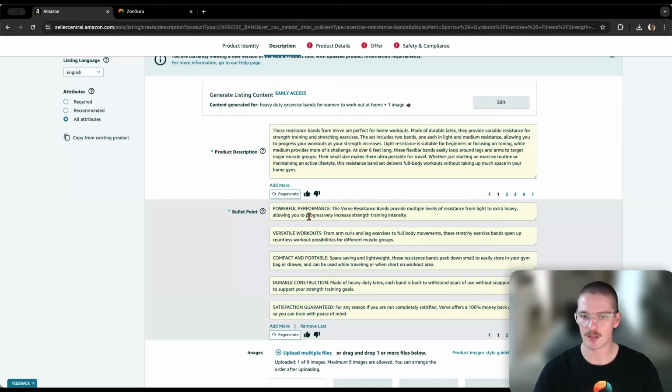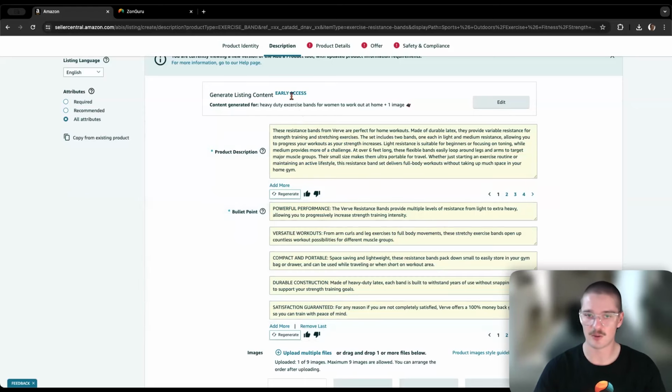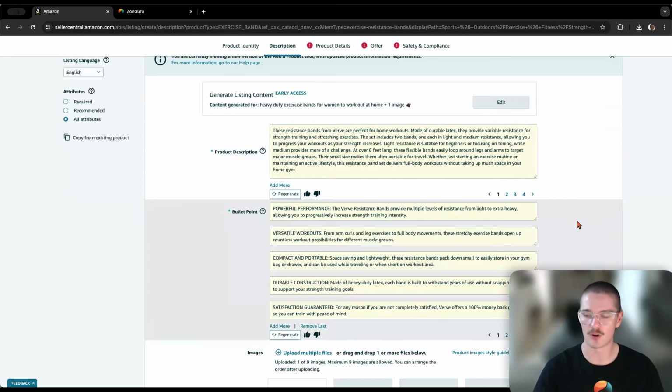Now, if you don't like any of these, you can regenerate. But again, it kind of just puts the same keywords in different combinations. It doesn't really give you a different vibe or a different feel. The main limitation we're seeing with the Amazon AI generator, though, and to its credit, it is in early access, so we may see these features in future, is that you have no control over what keywords are going in here. So Amazon doesn't tell you which keywords are in here, where they're pulling those keywords from.